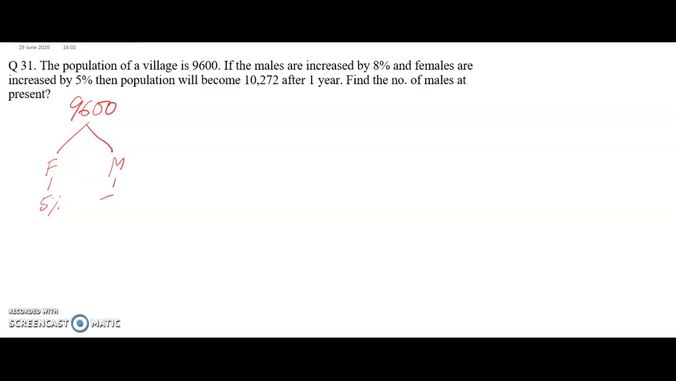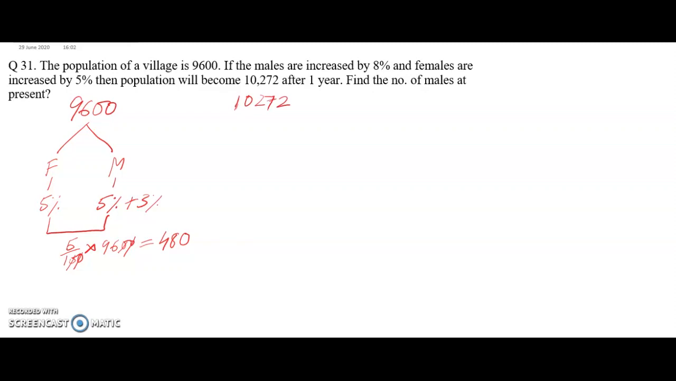by 8%. So 8% can be written as 5% plus 3%. Now if 5% male and 5% female are increased, then how many percents will be increased? 5% into 9600. So we have 480 increased in population. Now here we see that our total population after 1 year after the increase is